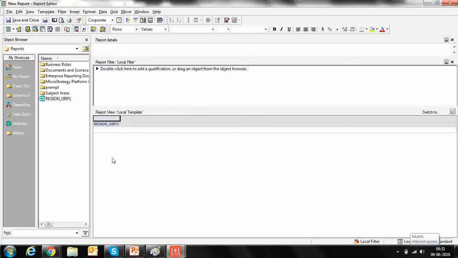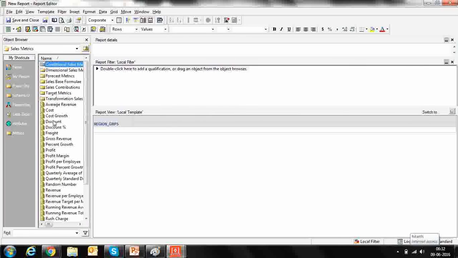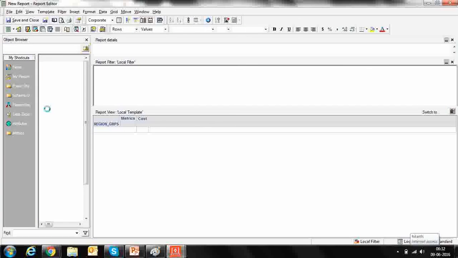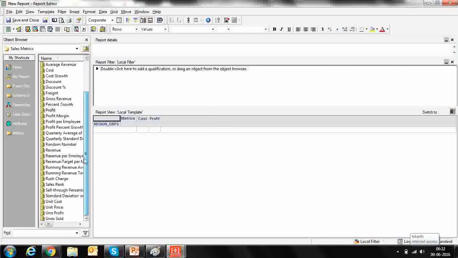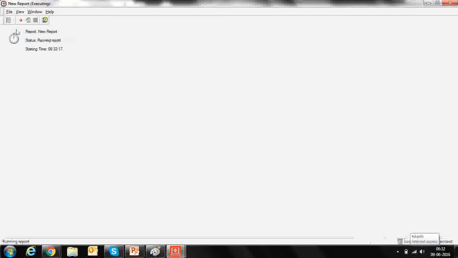Business is all about profit and loss, do you agree with me? So click on metrics. Select cost, profit, add the numerical values, click on revenue. Now execute the report.